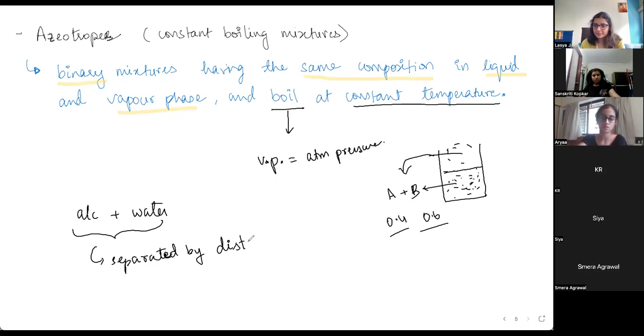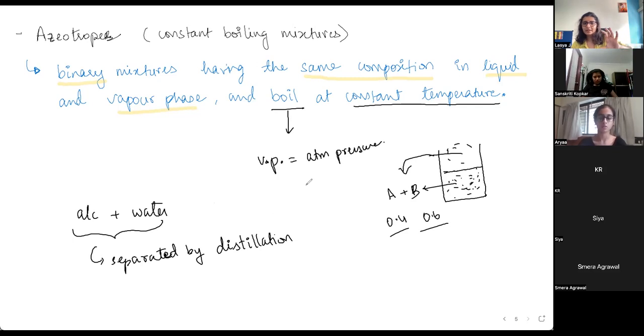Essentially, the principle is the same, right? Same only. You boil it. I think fractional distillation is the term used when there are many compounds to be separated, like this is only two, but if there are many, with very little difference, then we generally use fractional distillation. But the principle behind them is essentially the same. You boil the mixture, and the component that boils quickly vaporize hoke aa jayega, the other one's in liquid